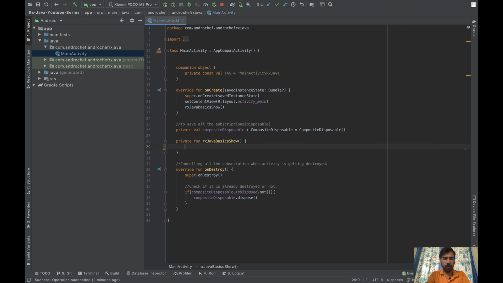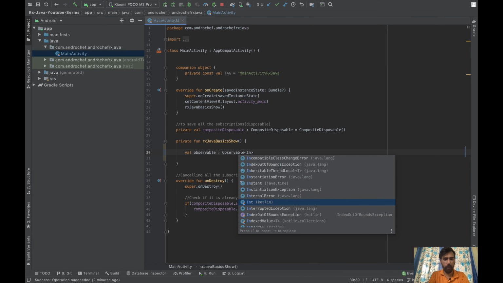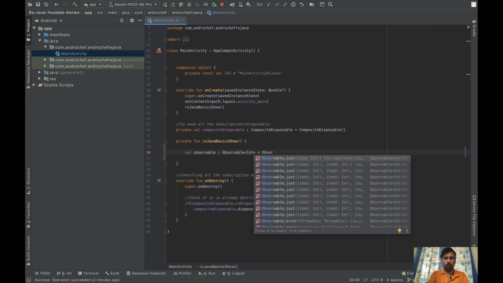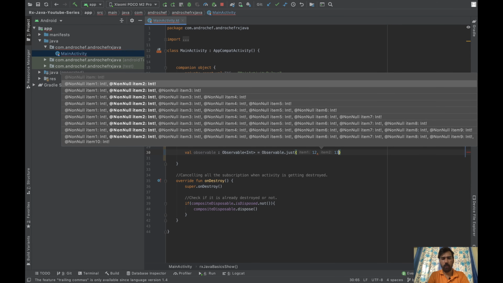So let's do this. First we will create one observable of type Integer, because the IDs will be int. Now by using just, let's say we have IDs 12 and 13.